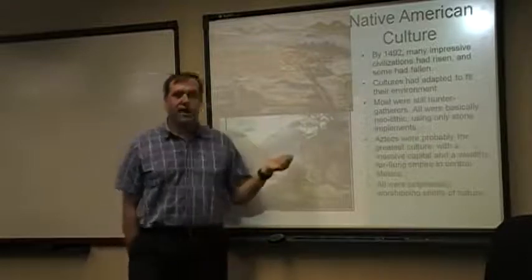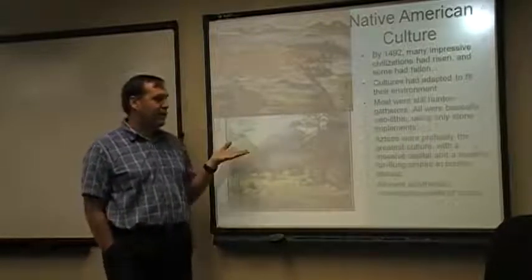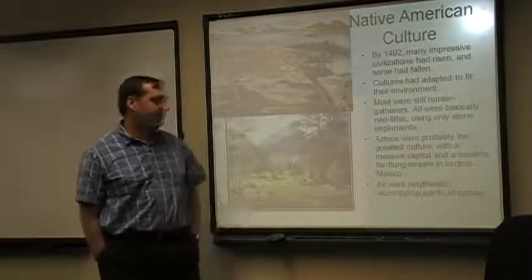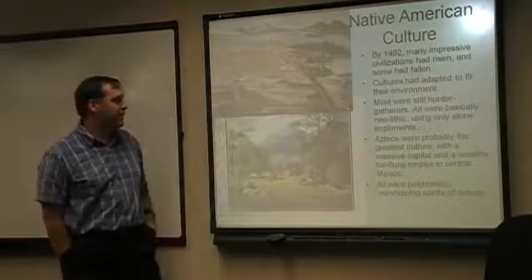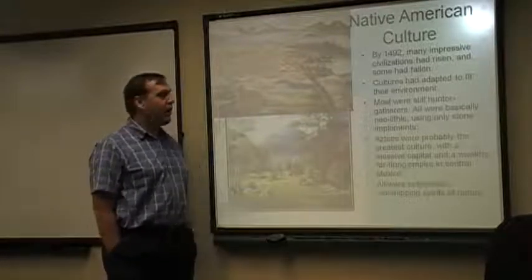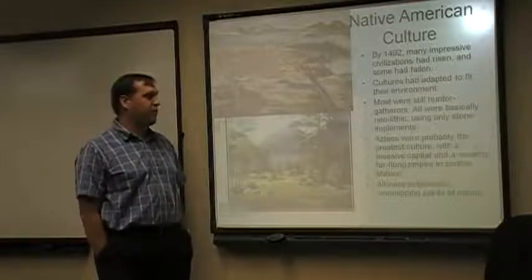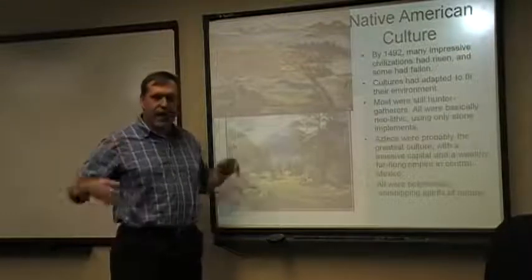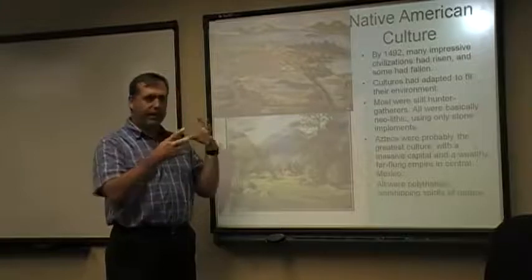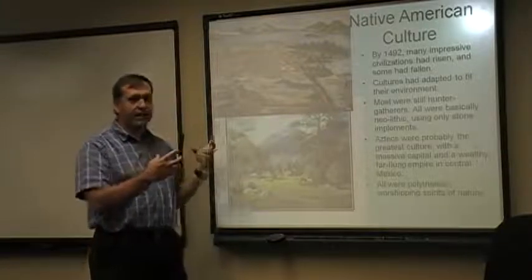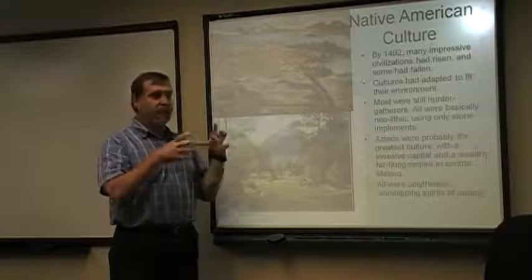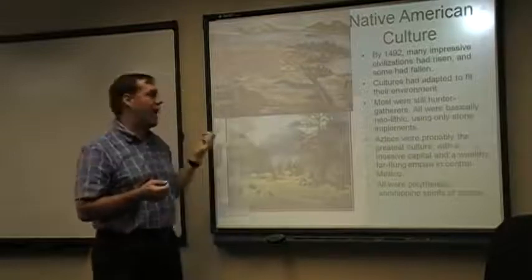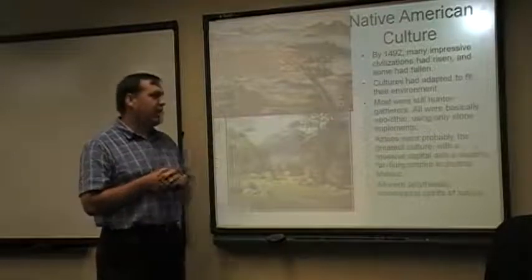Now, of the cultures that are in existence at the time of first contact with the Europeans, the Aztecs are probably the ones that we would say were the most impressive. They had a huge capital city. You can see in the photo here at the top, this is their capital city of Tenochtitlan. The modern city of Mexico City, the capital of Mexico, sits on top of what used to be Tenochtitlan. It was this giant lake, and the Aztecs started building their city on an island in the middle of it, but as their civilization got bigger and bigger, they had to terraform the lake, and eventually they would connect the island through several concrete causeways to the mainland.